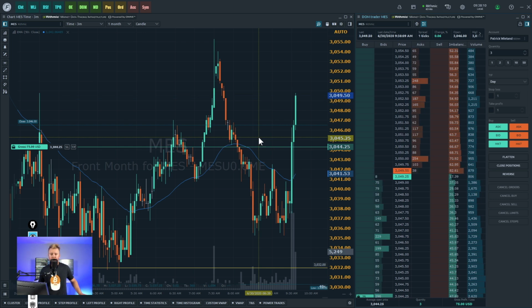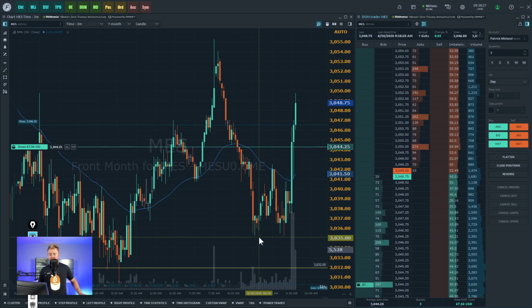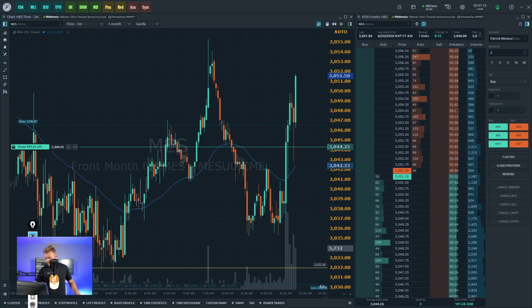Look at taking a little bit of profit there above 50 and then holding the other two contracts for the 55s or higher, possibly the 60s on this move. We're in there at 44 right now, so overall good risk to reward again. Got a nice little bull flag formed here. You can see, look at this thing. It went,